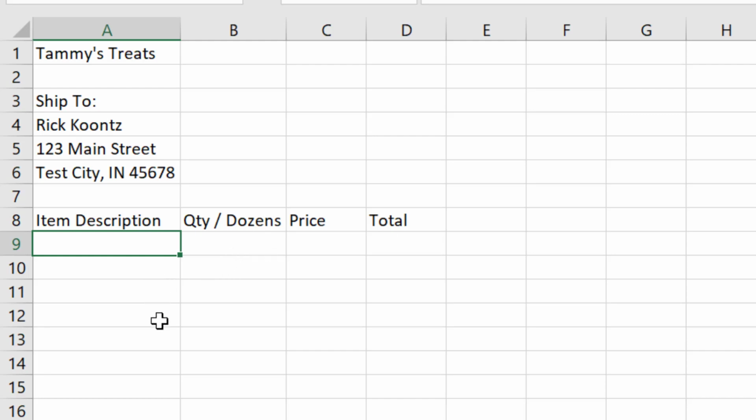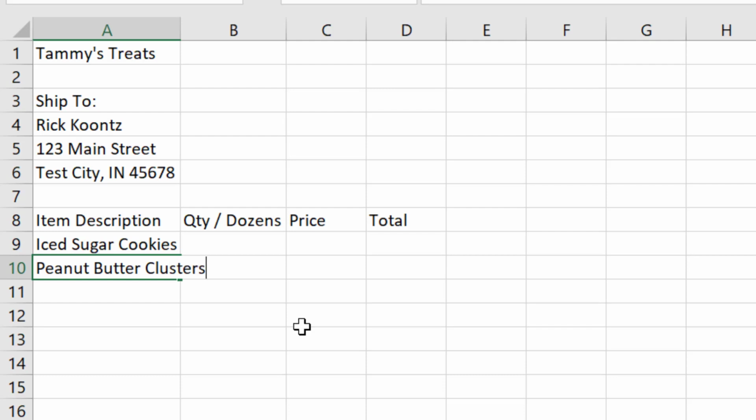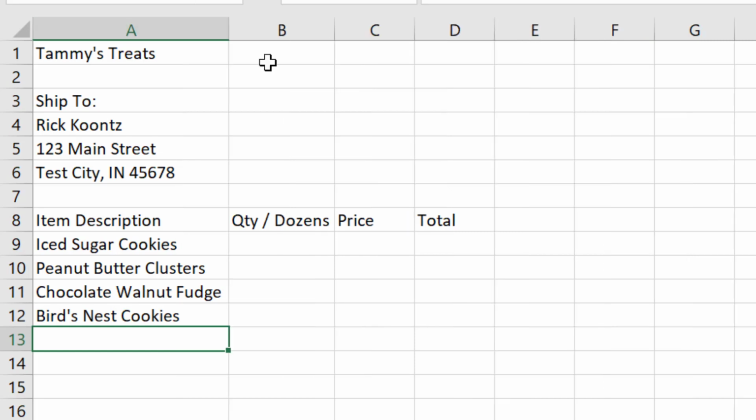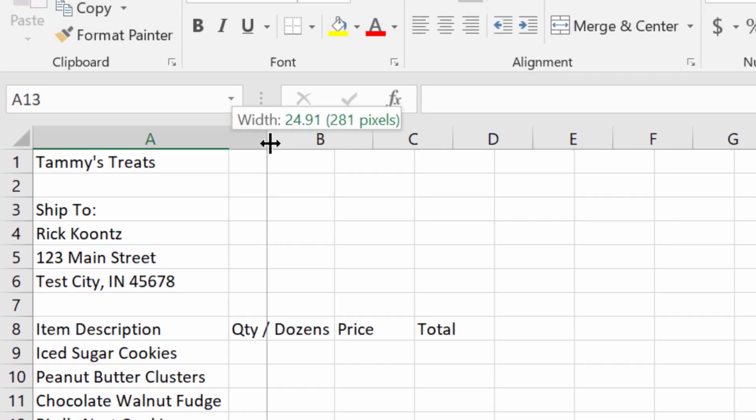How about some yummy products to ship? So I'm going to type in iced sugar cookies, peanut butter clusters, chocolate walnut fudge, and some bird's nest cookies. And again, this column is now too narrow again, and I'll just go ahead and double click. I could also just grab it and widen it, and I'm going to make it 25-ish